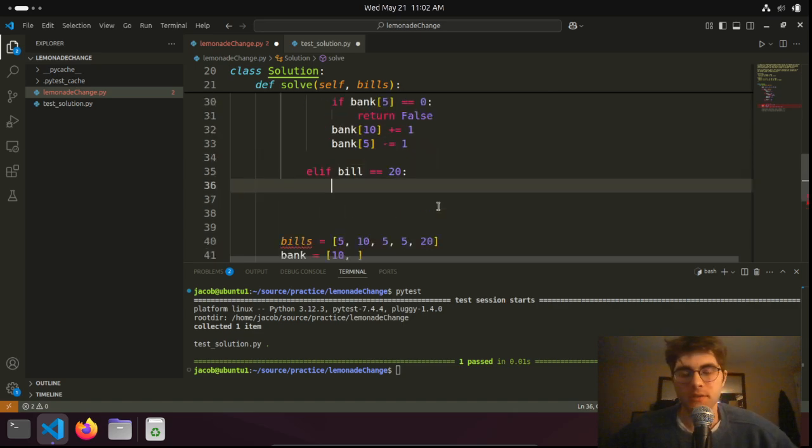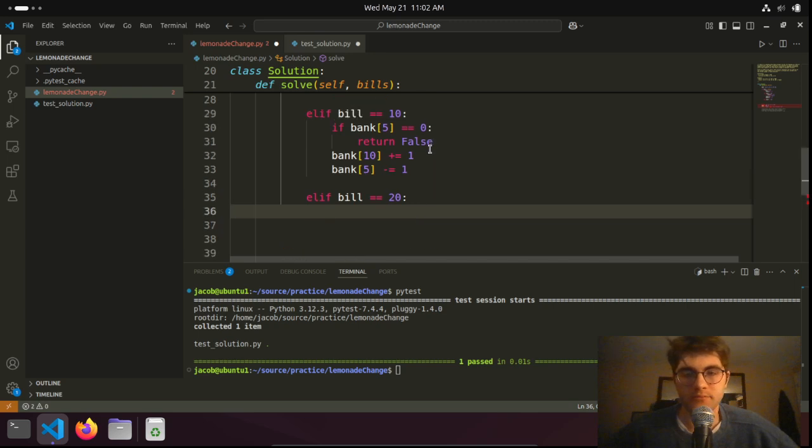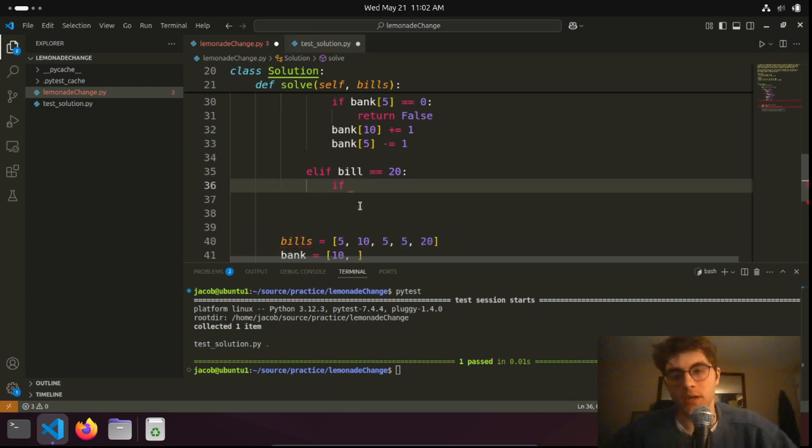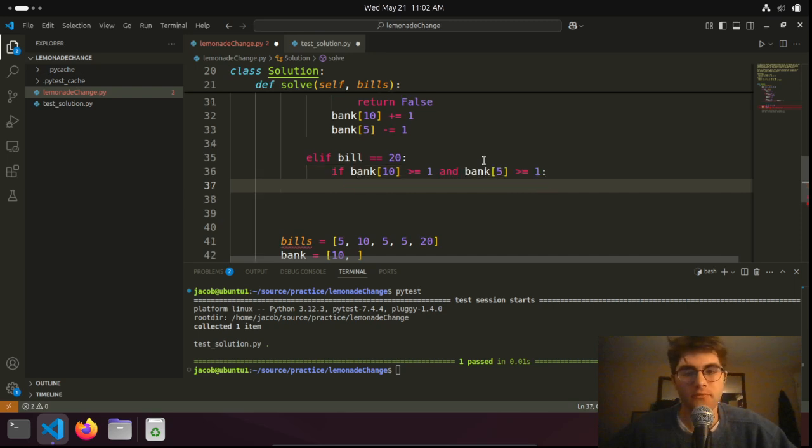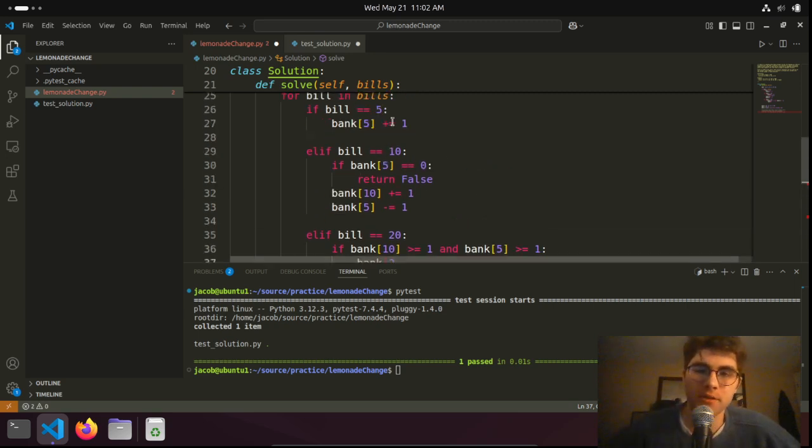Okay, and now in this case, so if both of them are false, all right, so I'll just kind of block it out here and then we can optimize it later. First of all, we want to check if they have at least one 10 and they have at least one 5. In this case, well, I think actually, I'm